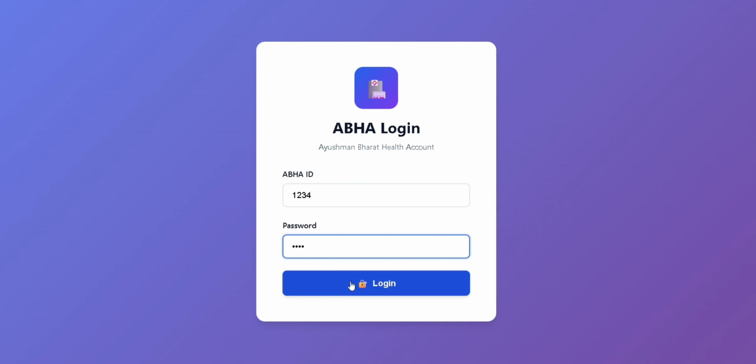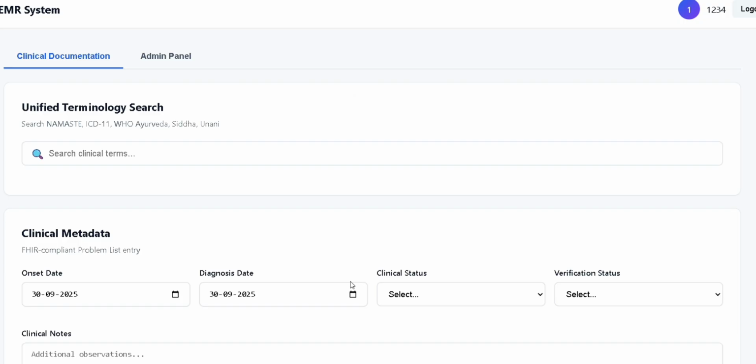Here we will enter our user ID and password, then click on login. We can see two sections: clinical documentation and admin portal. First we'll talk about clinical documentation. What is clinical documentation? It is the digital recording of patient data such as symptoms, diagnosis, treatment, and procedures inside the